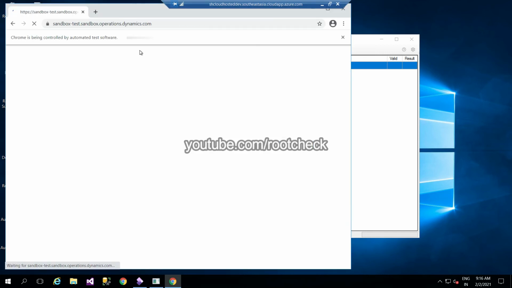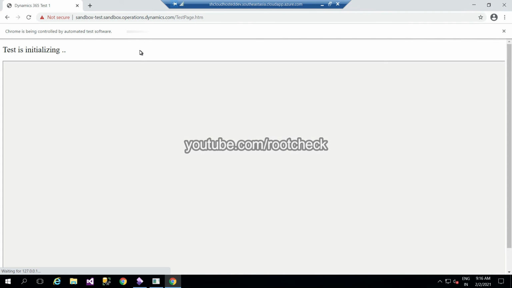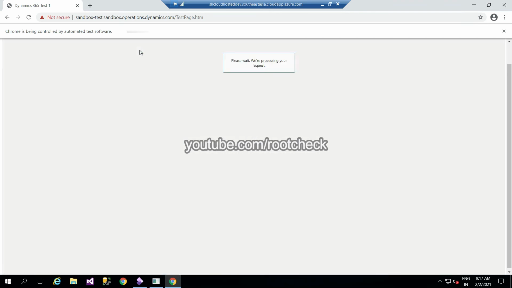Here you can see the RSAT tool has taken the whole control of your test. It is performing the steps which you have recorded through the task recorder, and it will fetch the steps from the task recorder and also the values you provided in your Excel. So it's a combination of steps from the task recorder and parameters or values which you have provided in the Excel file.